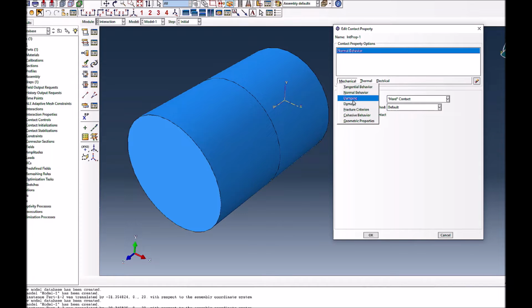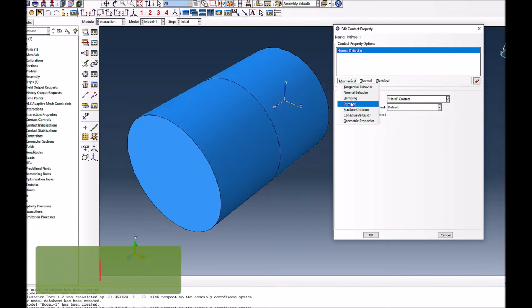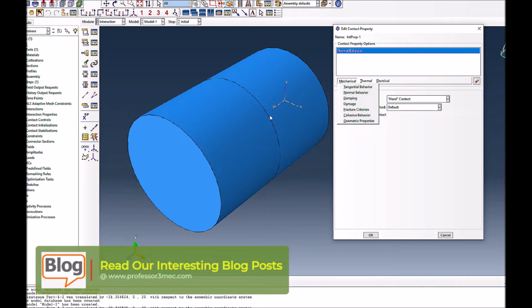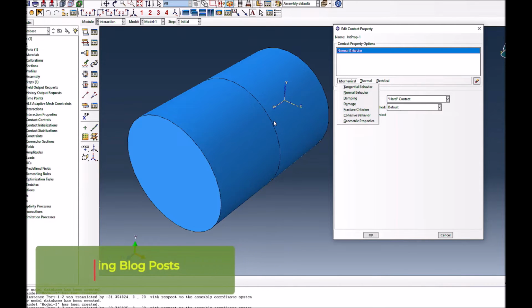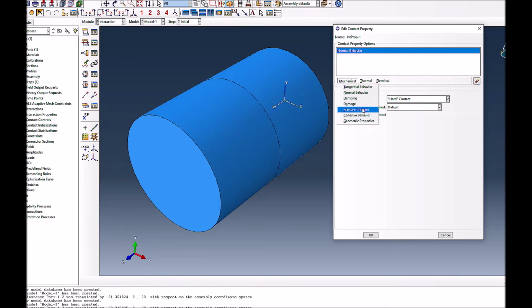If there is any kind of damping, let's say you're using some kind of layer of bonding material which is viscoelastic, then you can define some sort of damping there. If you're modeling damage, and initially they are fixed to each other, all the nodes, then you can define damage as well. Again, I have a video on cohesive behavior and cohesive elements, so you can have a look at that if you're interested. In this case, I assume when the subscriber was asking for a gap element, it must be either of these: